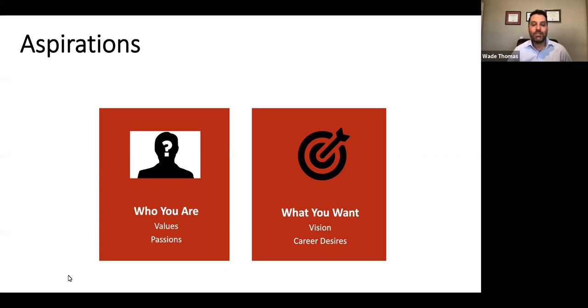And when you put these together, when you figure out who you are and what you want, you really start getting that aspiration circle down. You really start getting direction on where you're heading, which is so important to getting the kind of career that you want. So the next step